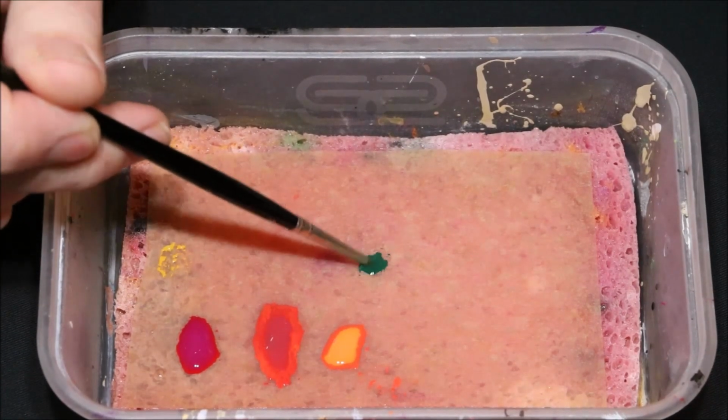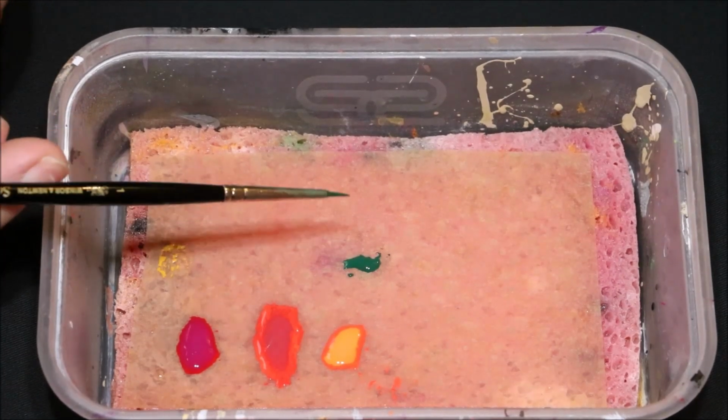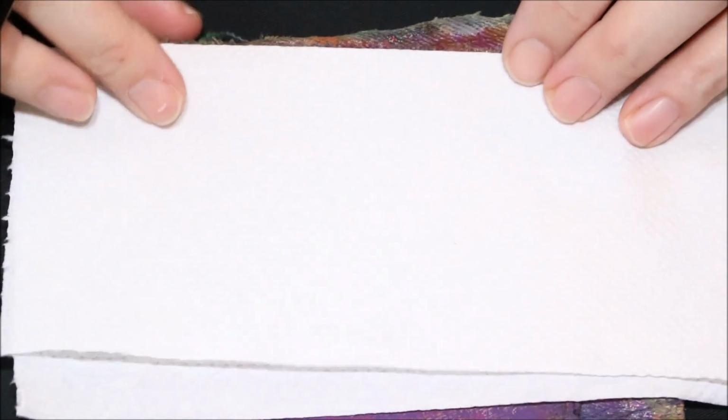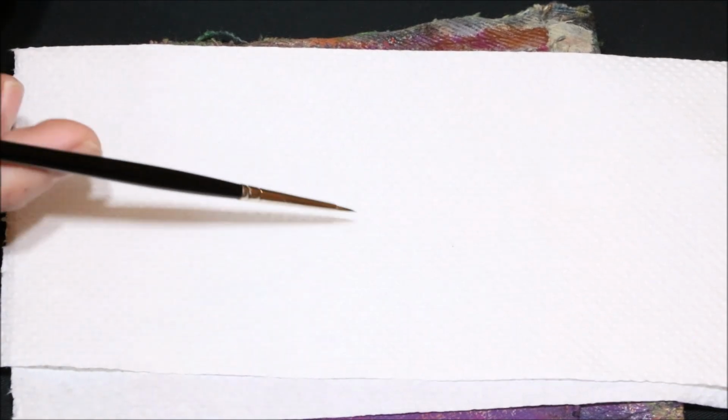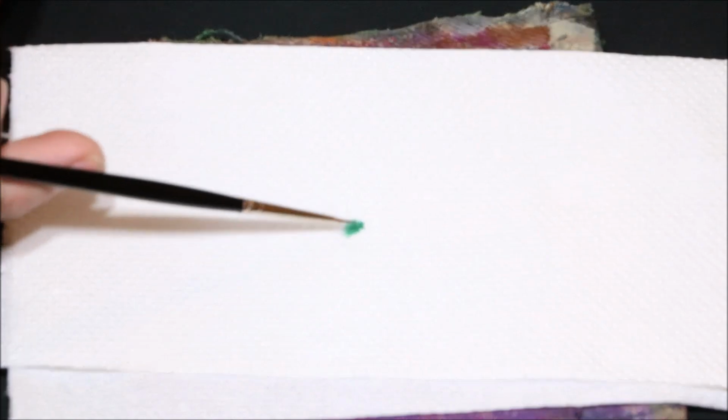Now there's a little test that you can do to find out if your glaze is the right consistency. First of all, just rinse the brush off and dry it. I'm going to take some of that green and bring in a paper towel, a kitchen paper, and then take some of that paint or glaze on my brush and put that down on the paper towel. Now as you can see, that just exploded and spread out, so it shows me that I've got the right